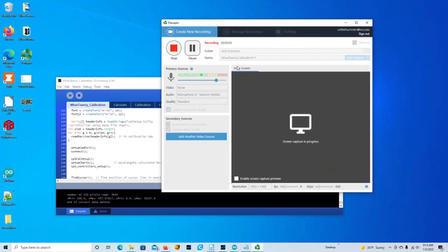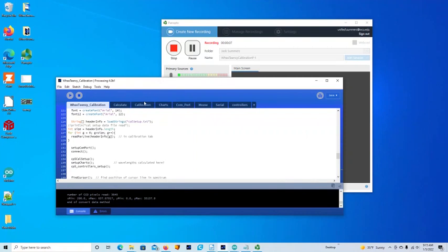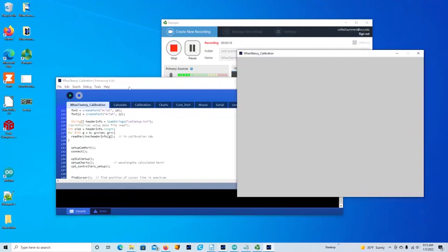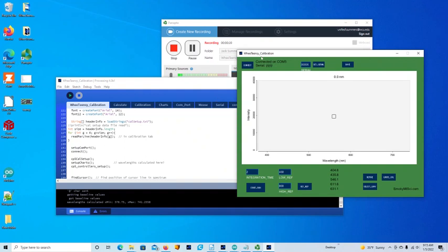Okay, so this is a video to show the calibration of the Teensy spectrometer. We're going to run this out of the Processing user interface, and we've got our